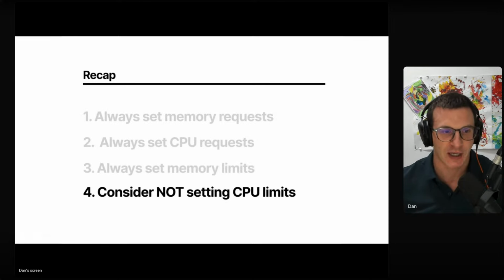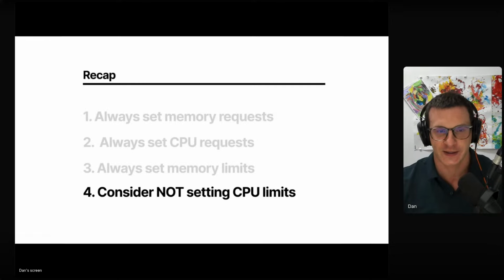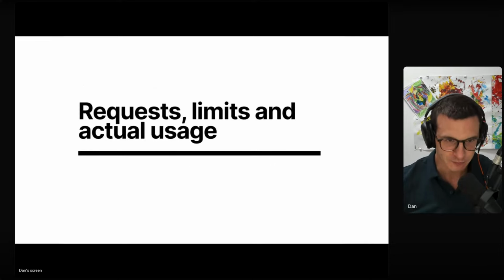We always set the memory limits, and most of the time we don't set the CPU limits. And why is that? It's because if there is spare capacity, if there is spare CPU, then this spare CPU can be used by the processes. And then you might argue, but isn't that going to eat all the CPU on the node? No, because requests are guaranteed. So if you say, I've got 1 CPU request, then that one CPU cannot be taken away from that process. So it is generally safe to not set CPU limits.